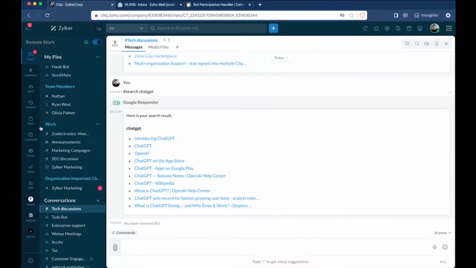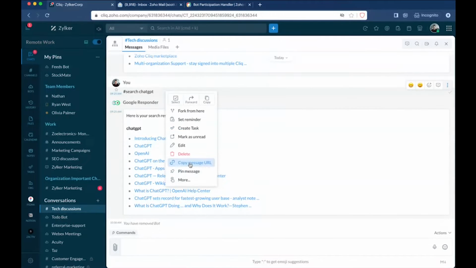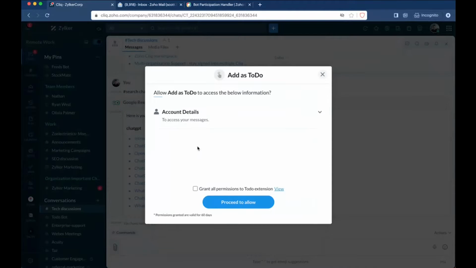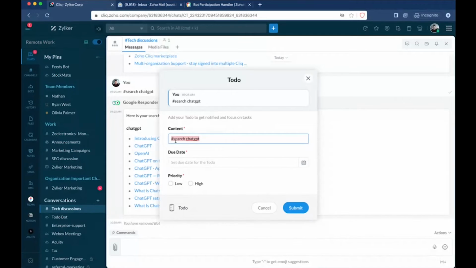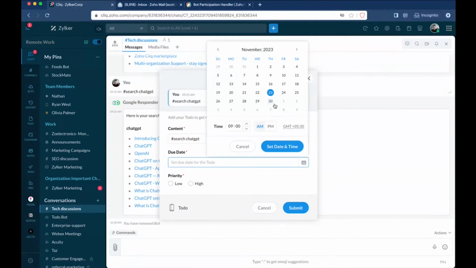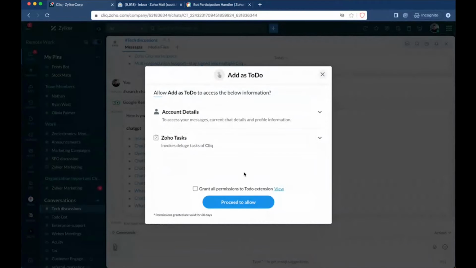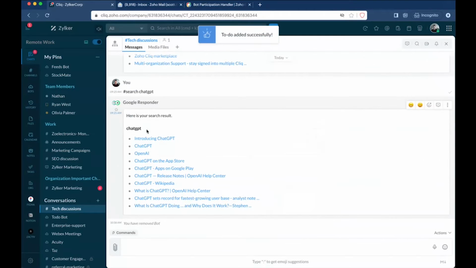We have also created a message action to add this message as a to-do. Once you click on that, the message will be pre-filled in the content. We just have to add the due date and set the priority. We have also created a widget to list the to-dos